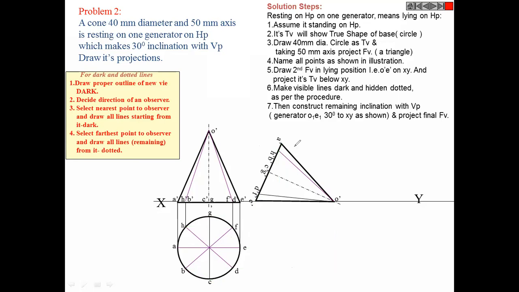Now at times, if this is a problem of 20 marks, for example, I may not want to ask that whole problem. I'll just finish it in half the problem. Everything that is given, I will add one line: draw the top view in second position. This is our first position, this is our second position, and then we will have a third position. So I will ask that you draw the top view of the second position. That's it. Whatever object is here, that is your answer.